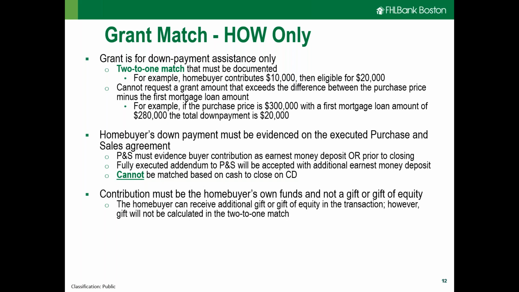And if for some reason, when you had taken their application or their purchase and sale, maybe you didn't know if they qualified for the Equity Builder program or HOW, we will accept addendums to PNSs. It has to be done prior to closing. It cannot be matched based on the cash to close. The reason is these closing disclosures constantly fluctuate. Loan amounts change. Sometimes purchase prices increase, decrease. There's a lot of things that we need to make sure of prior to your organization closing the grant, because